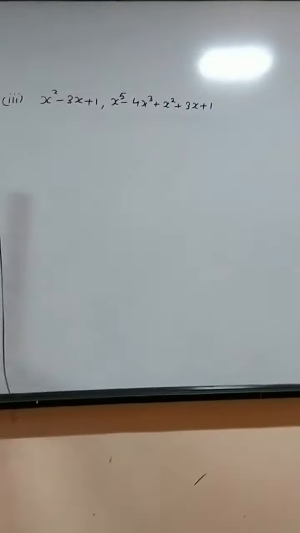So alpha beta gamma are all given here. This is actually alpha beta gamma is minus d by a. So d is 14 and a is 1. Alpha beta gamma is minus d by a. So you get the values of a, b, c and d.